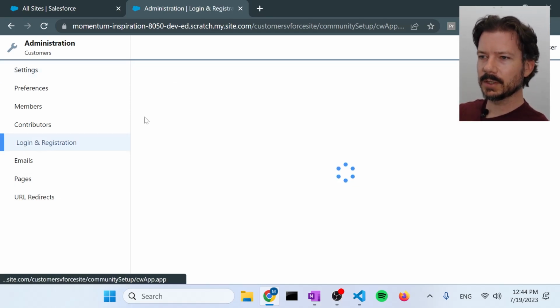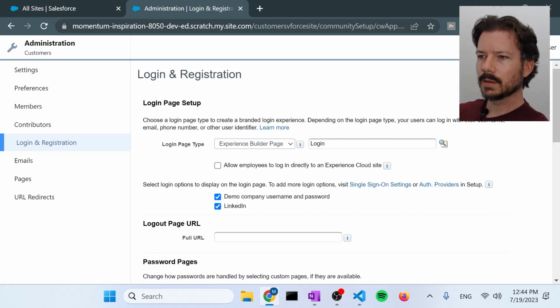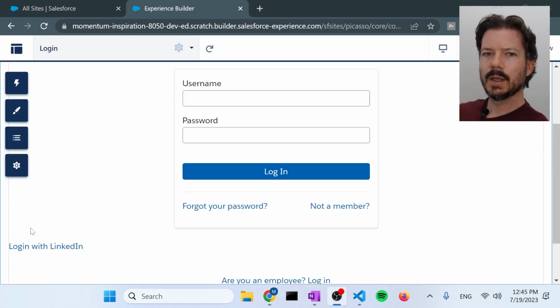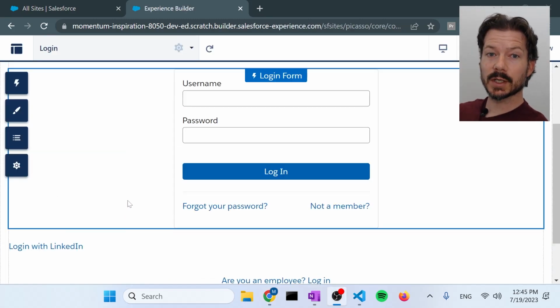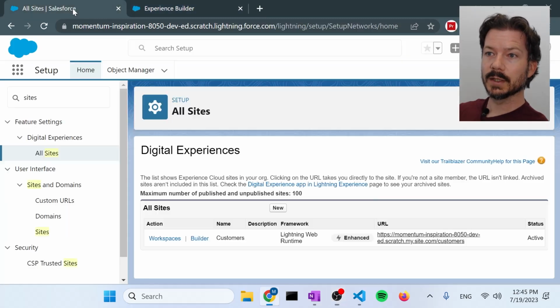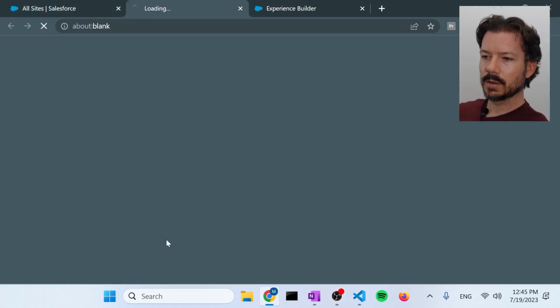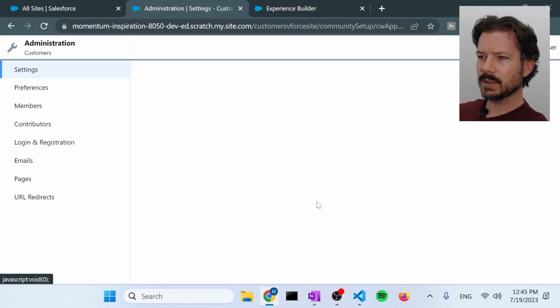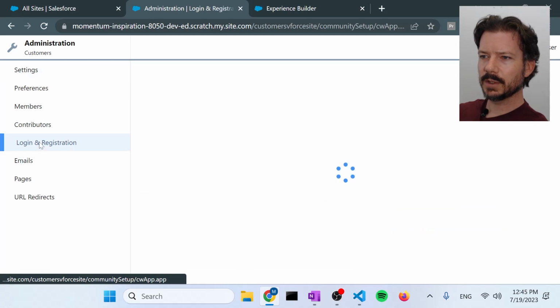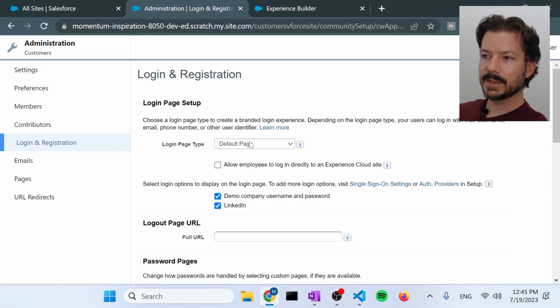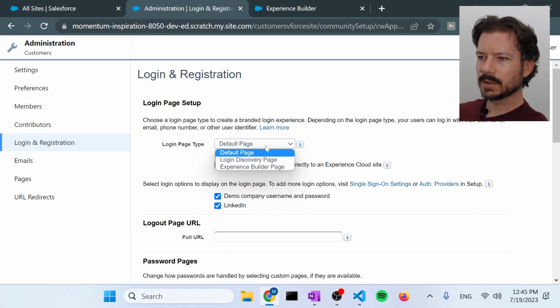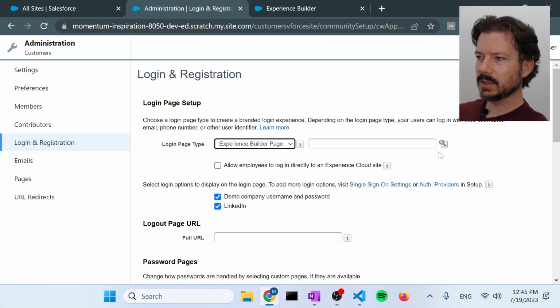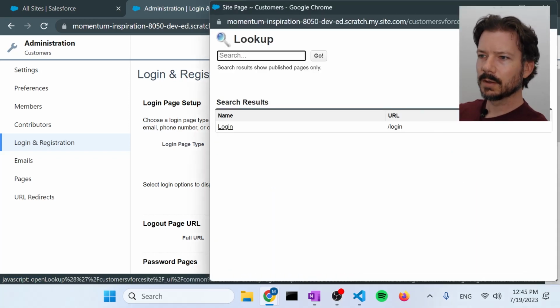So if we go to login and registration, now we need to go back into the administration section of our site and point the login and registration to our Experience Builder page. So back to administration, login registration, and we had set it to default page for the older Aura login page. So we'll just change this to Experience Builder page, search for our login page,